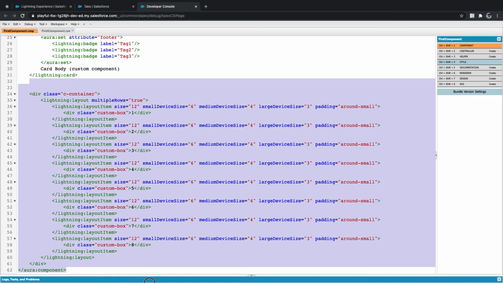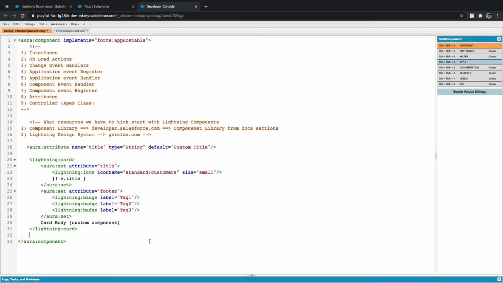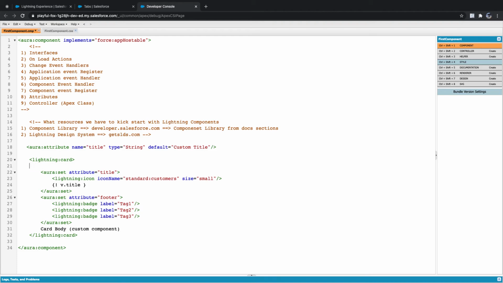We might be doing all this stuff. Let's say I don't want to do this. I need to pass my title dynamically, whatever title I need. So what we can do, we can say aura, sorry, this is for attributes. Now we need to write an input. So how can we do input? Lightning colon input, type equal to text, value equal to.